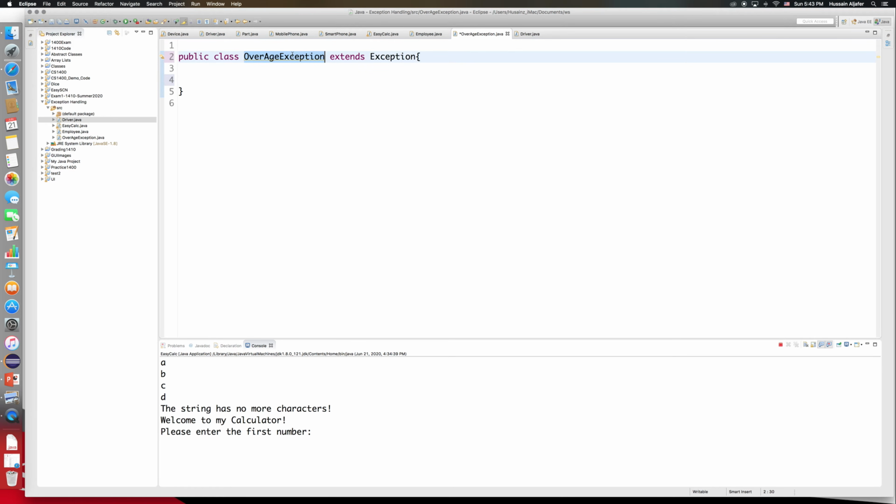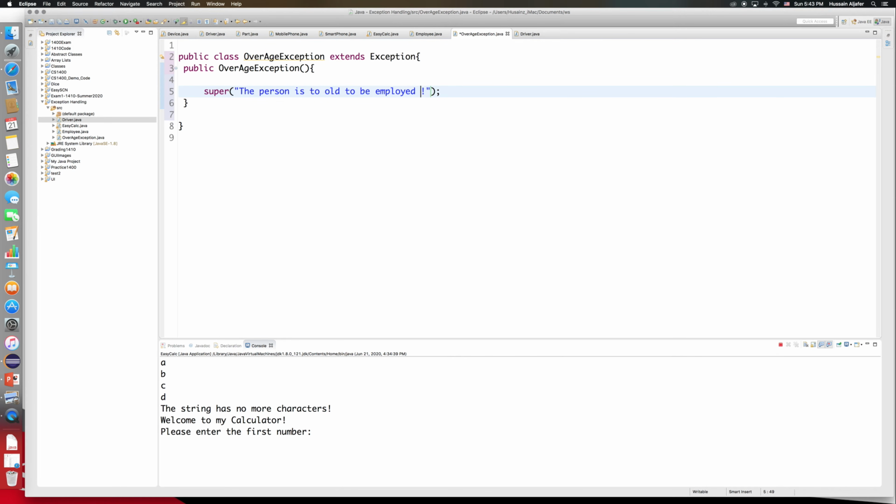So I will write public overage exception, no arguments, and what I will do here is super, and then I will pass my string in here to the constructor of the exception class. So I will say something like person is too old to be employed,